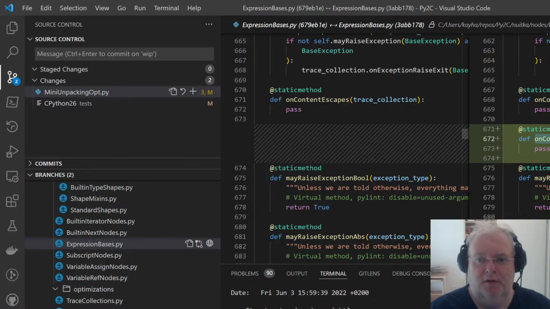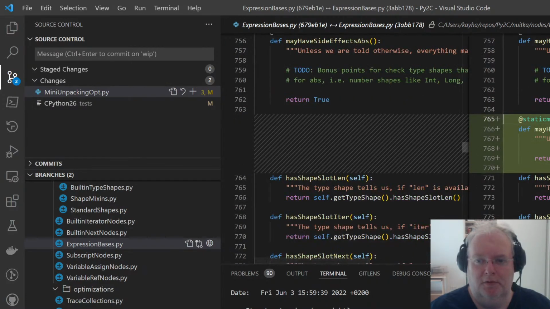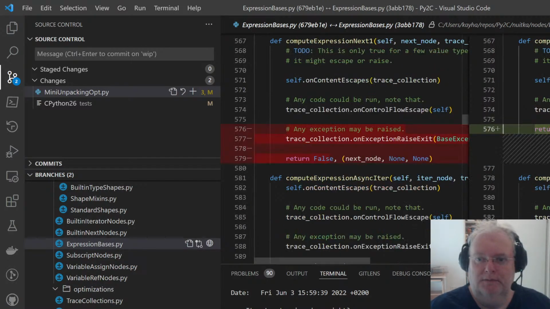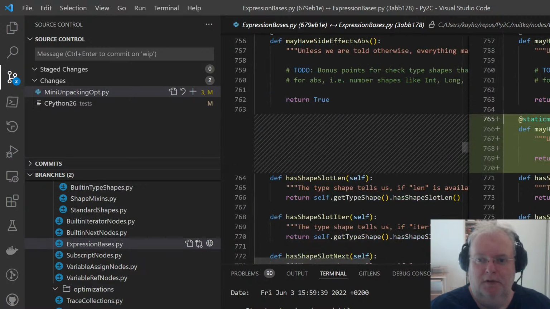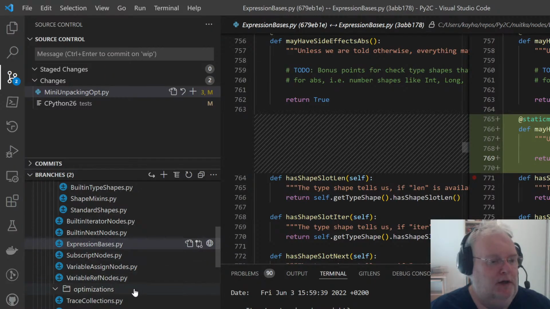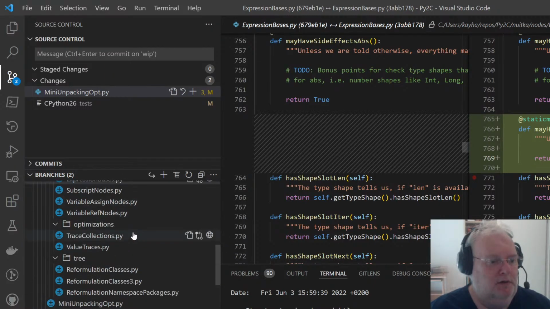That's the task of overloads, and probably need to be overloads. And everything has side effects right now, which is also not good. So actually, there is a function that I have prepared, and I could implement it right now.